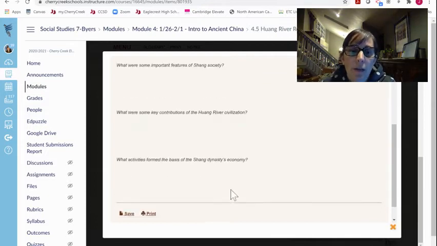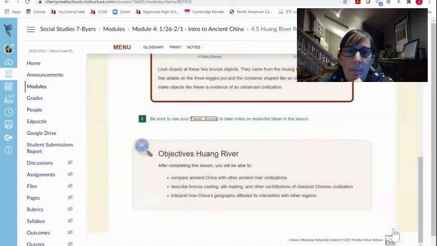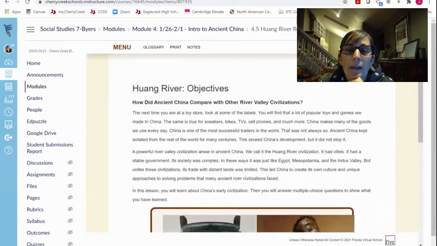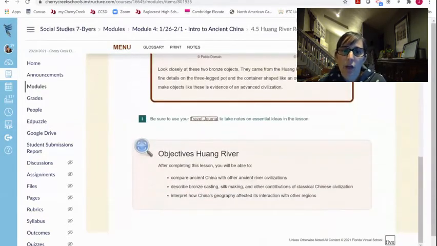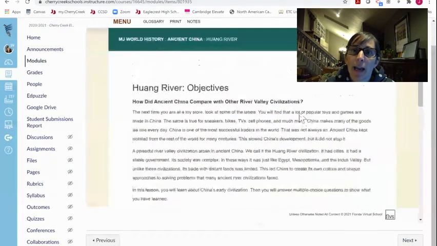So you can scroll all the way down to the bottom and save this or print this and use it to check your understanding or to just help you keep track of your thoughts that go with the reading. Okay. Then when you're done reading that page, make sure to ignore this. You don't want to click this because that'll take you to the next assignment in Canvas and out of this reading. So what you want to do is make sure to go to these little arrows up here, and this takes you to the next page of the textbook.